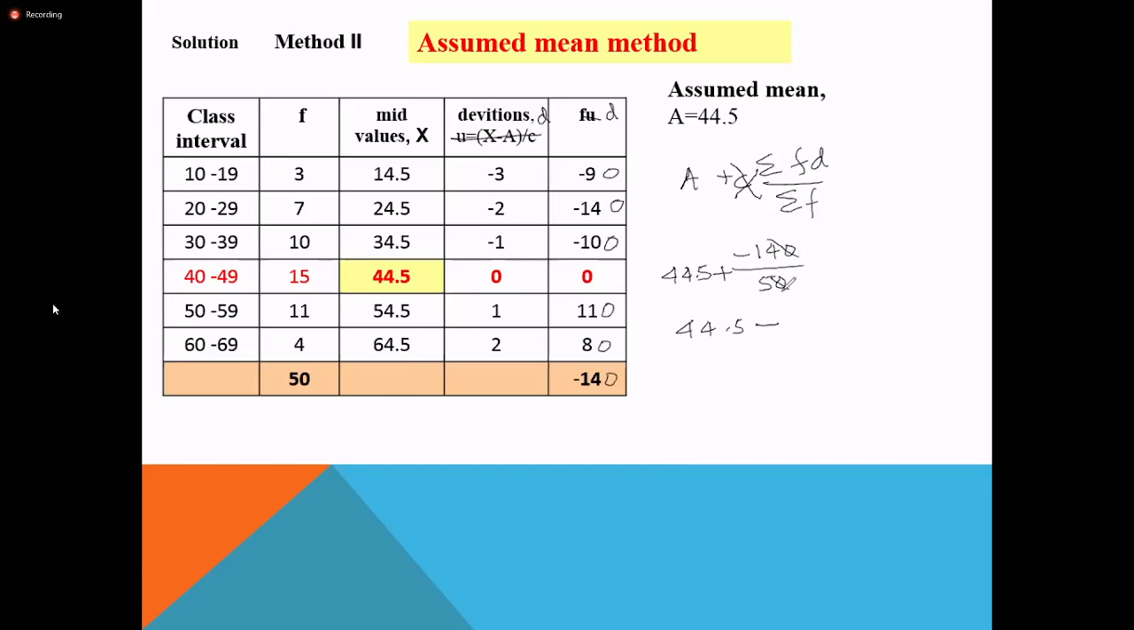114 divided by 50 is the same as 14 divided by 5. So that is then the same value. Right? So you are free to use the D value or the U value. The U value is easier than the D value because it is 10 times less than the